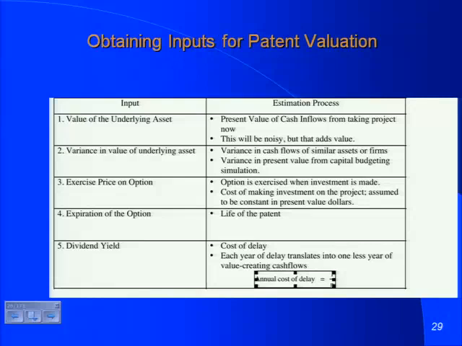Variance in the value of those cash flows. Now we're on difficult territory. Up till now, if I asked you to look up the variance of something, you ran to Bloomberg, you typed in the name of the company, you got a standard deviation, right? Try this with a patent. Run to Bloomberg, type in Abonex, give me the standard deviation. And look, no, it's not traded. We can't give you a standard deviation. So here are a couple of ways in which you can estimate this variance, because you need a variance to do an option pricing model.